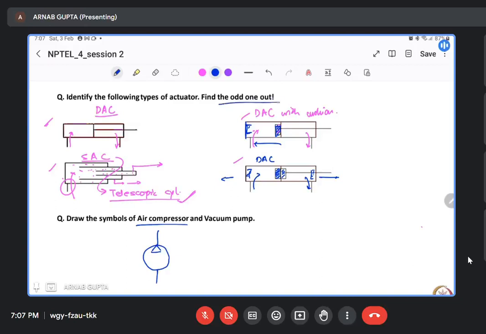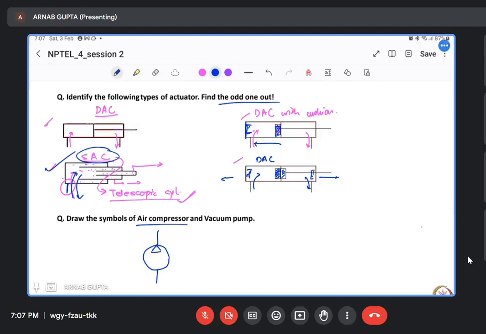Acha, so here, which one was the odd one out? This is the odd one out because it is a single acting cylinder. Liquid is flowing in from one direction, and for retraction, it will flow out from this particular line only. There is no separate line for the liquid to flow out, right? So, yeah,